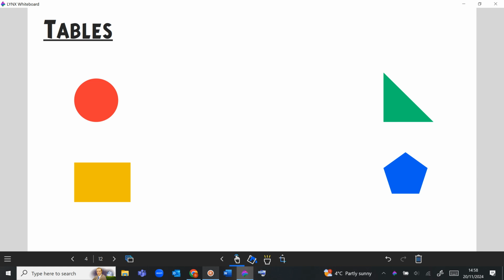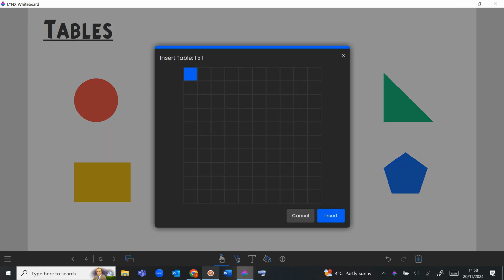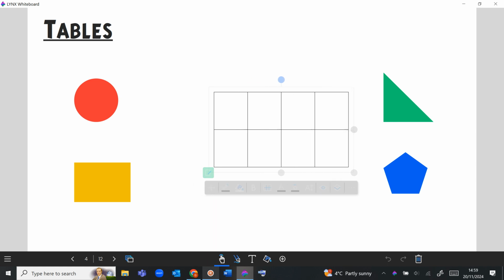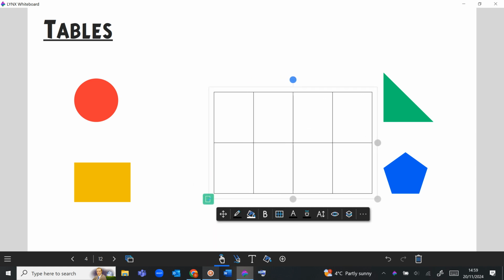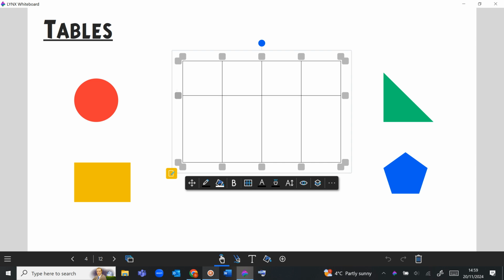Next we have tables. So we could make a table using shape split, but actually in the insert area there is a section called table, and so if I choose the type of table I want and insert it, it will place it onto the screen. I can then adjust the width and the height of the pieces that we've got there and move it around. In fact, if I unlock, I can actually mess around with the lines ratio to each other as well